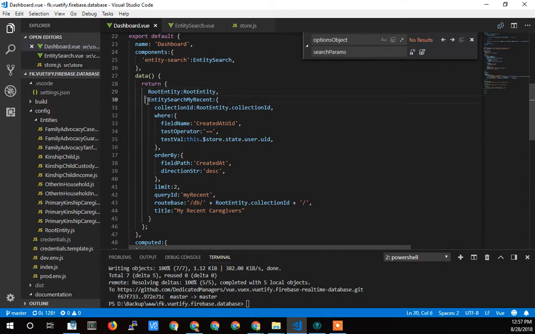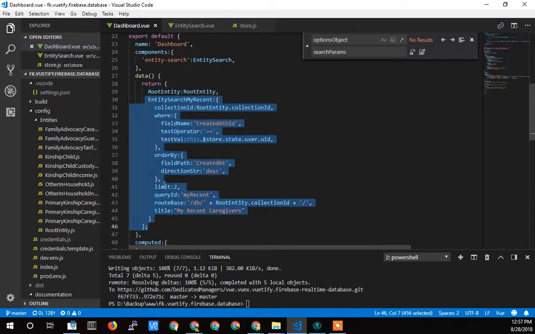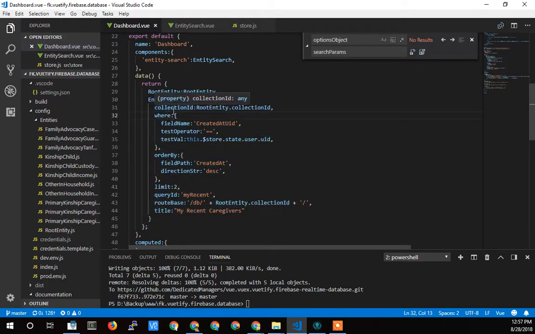So this is my search. This is how I set up the search. So it's typical stuff you would need for a search, right? Which collection am I searching on? Well, I'm searching on the root entity in this case. And what am I searching for? What's the where clause? I'm searching for the created at UID, so the most recently created. Sorry, the where is who created it. So what user ID created it, and currently in this one I'm using the ID of the person that's currently